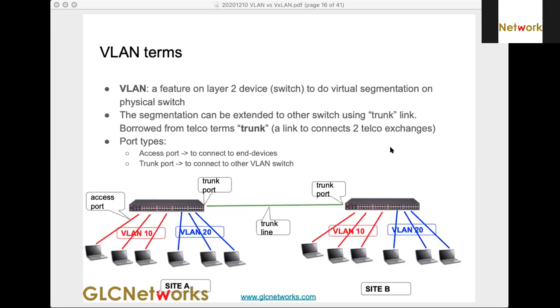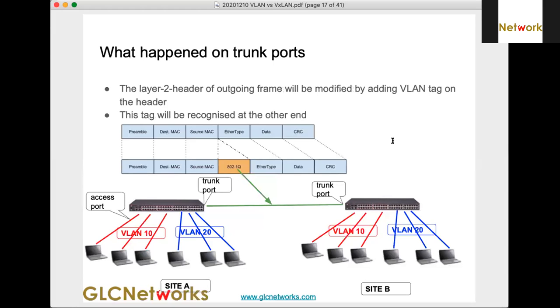Next, what happens on the trunk port? They put a header on the frame. When a frame is sent on the trunk port, a header is inserted between the MAC addresses.